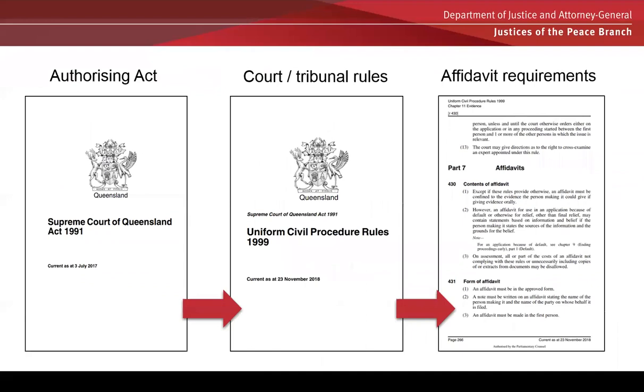As mentioned, the Oaths Act 1867 is the overarching act that allows a person to take an affidavit. However, while it is your role to take the oath or affirmation and witness a deponent's signature on an affidavit, there are a number of Queensland and Commonwealth Acts that govern how the evidence, that is the affidavit, and any attachments must be submitted to the court. So I'll give you a little bit of background about the court process.